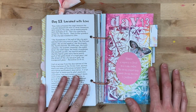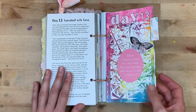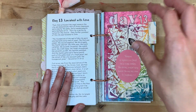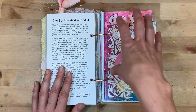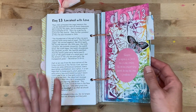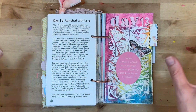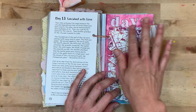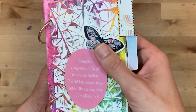Day 13 is called Lavish with Love. This might be one of my favorite entries that I created, even though it was an entry that went terribly wrong. I was playing with sprays. I wanted to use the Dina Wakley acrylic sprays. I was spraying through a stencil. It went bad. I went back over it after it had dried with heavy white gesso,